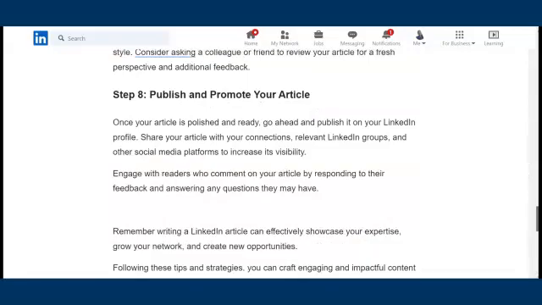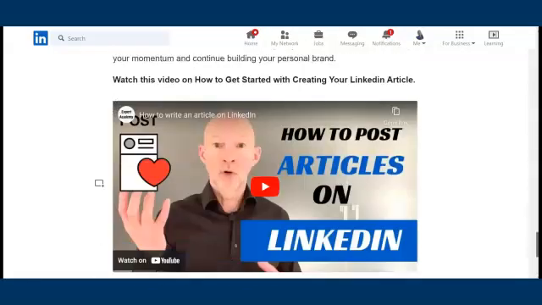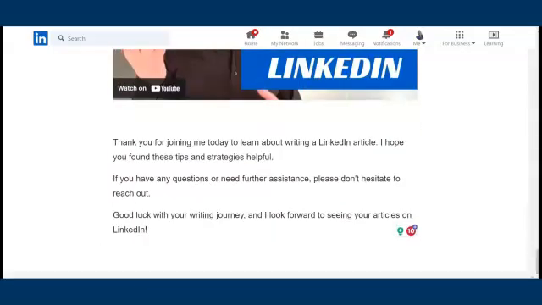The other thing I want to show you is how to include some links. So let's say there was a link I wanted them to view, another LinkedIn article. I could get the LinkedIn article URL and embed that. With this in mind, I'm going to use one of my links, which refers to my social media platforms. I want them to go and visit my other social media platforms to continue the conversation. So I'm just going to grab that.